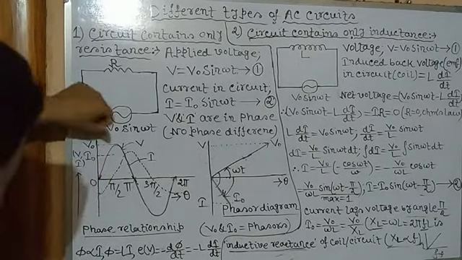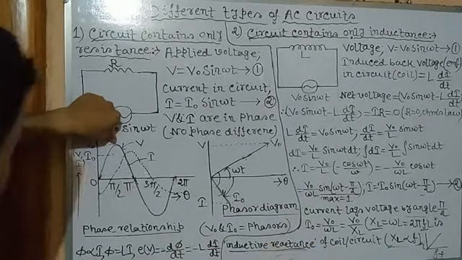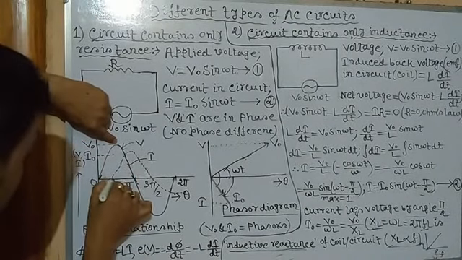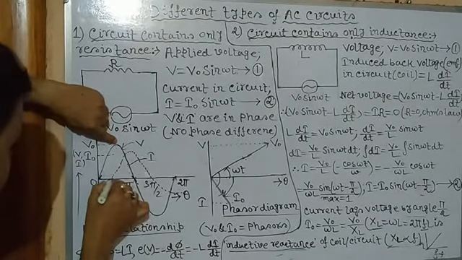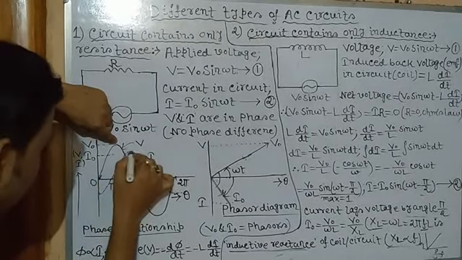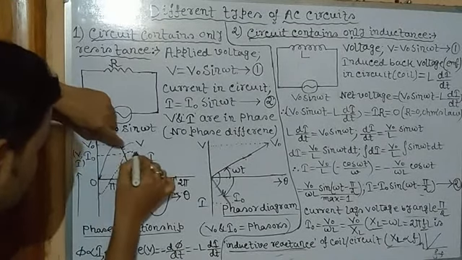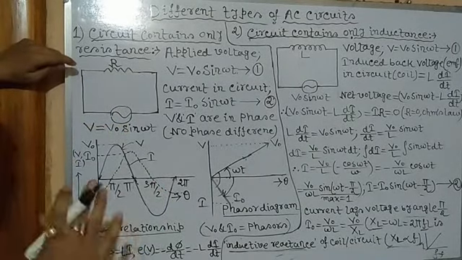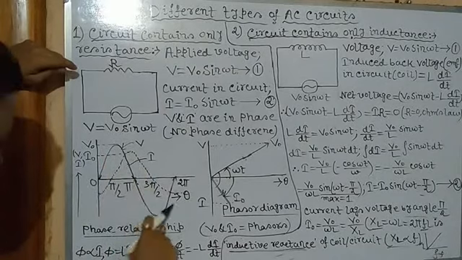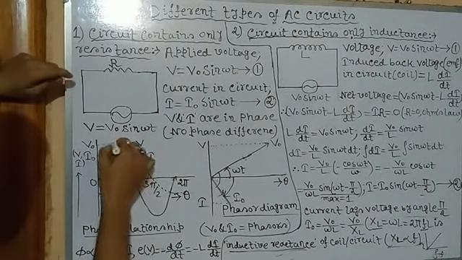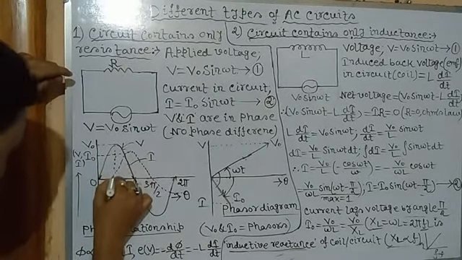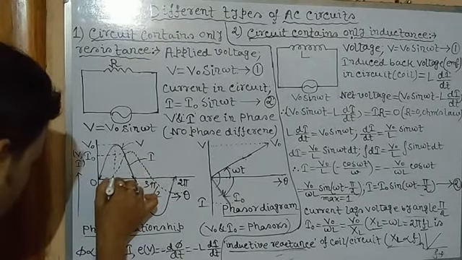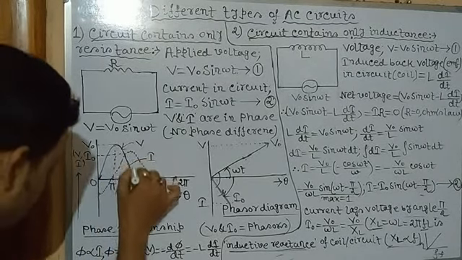Since it is lagging by pi by 2, when voltage is maximum, which is indicated by its crest, then at pi by 2, after a quarter rotation, the current is 0. Then when current reaches its maximum value, you can see voltage is 0. The dotted line represents the graph of the current, and the continuous line is as usual the voltage. Look at this particular time, though it should be here; it may be due to some error in drawing. So when voltage is maximum, current is minimum. When current is maximum, voltage is minimum.